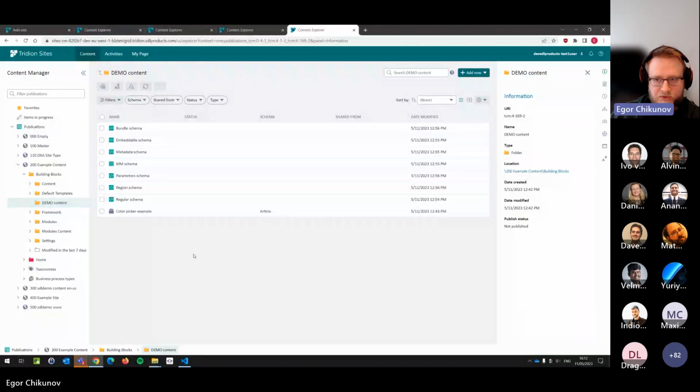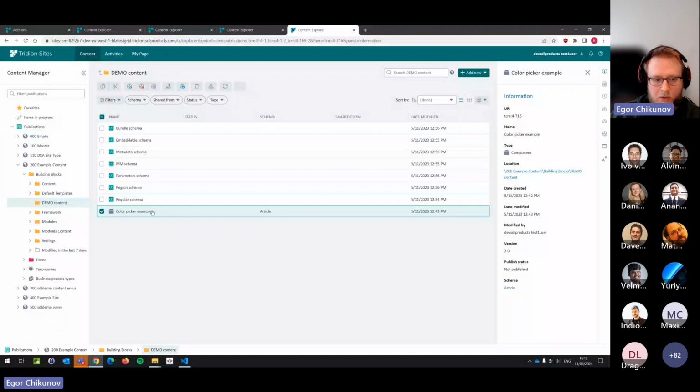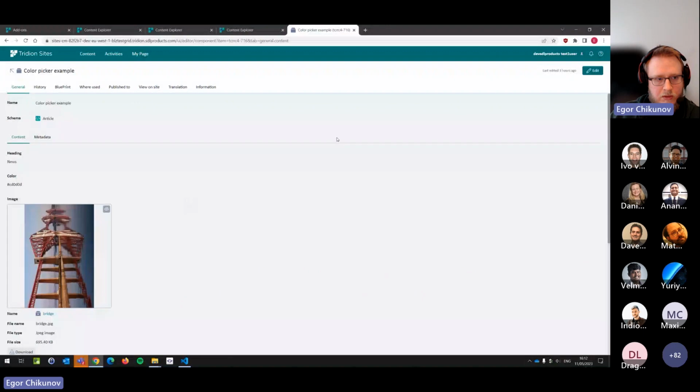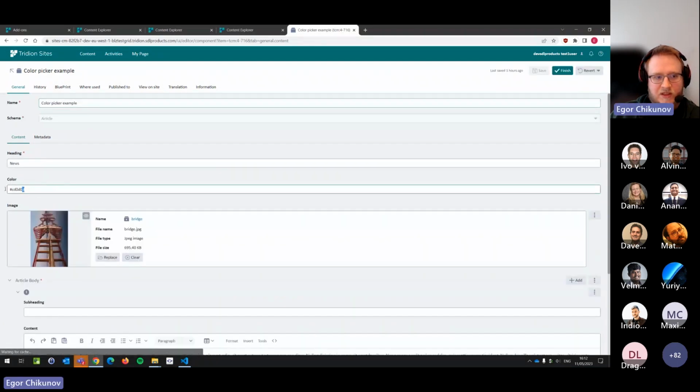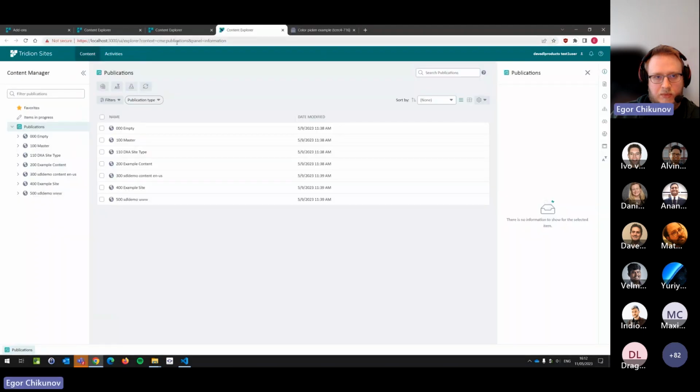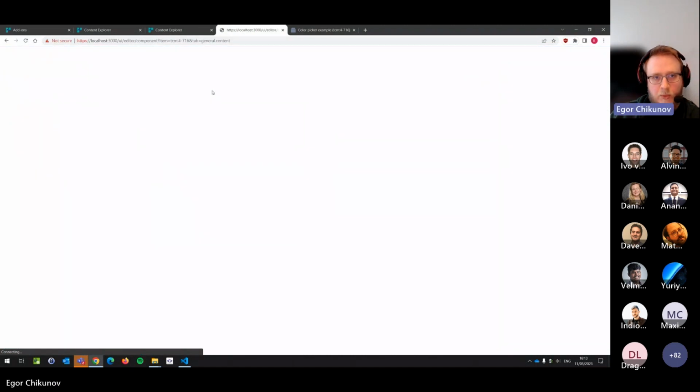Yeah, so here there's a color picker example component. If I open it, here's the color presented as a text. If I edit it, again, it is a text, because technically this is a text field. We are on the host application right now. I'm not showing our local environment where the extension is. If we would go to the same place in our local environment, where we run our extension,